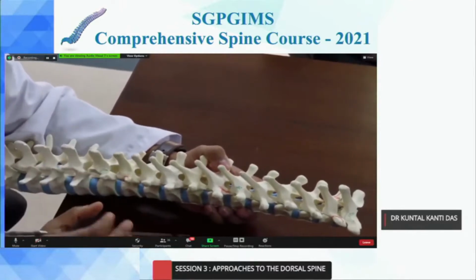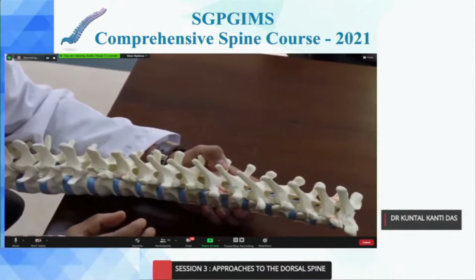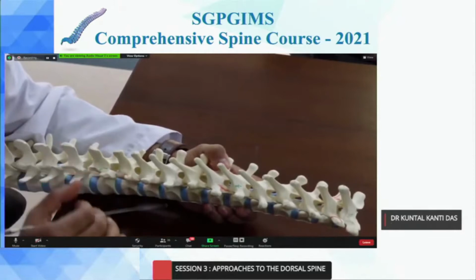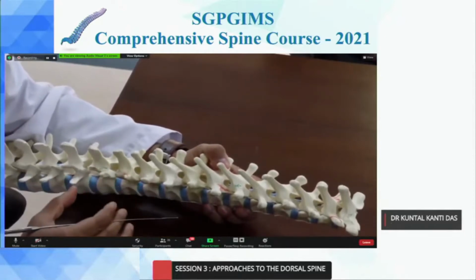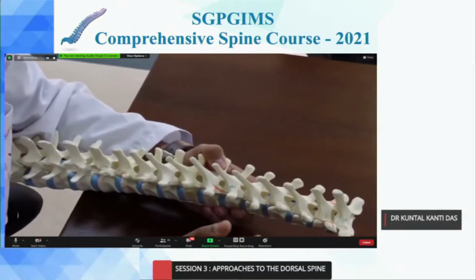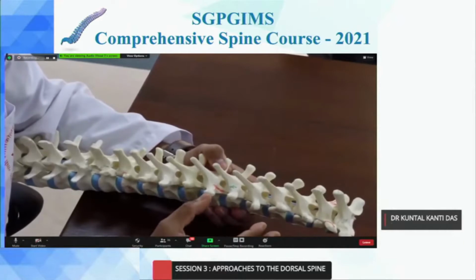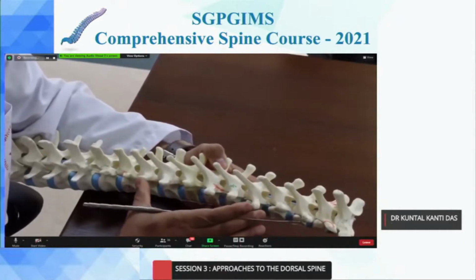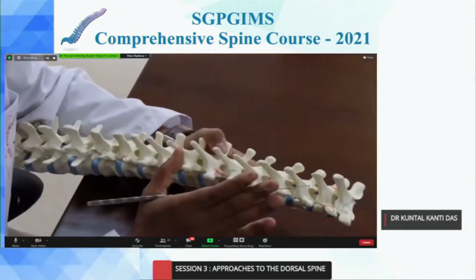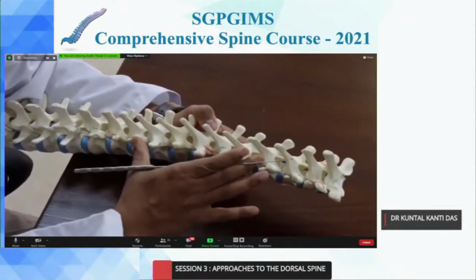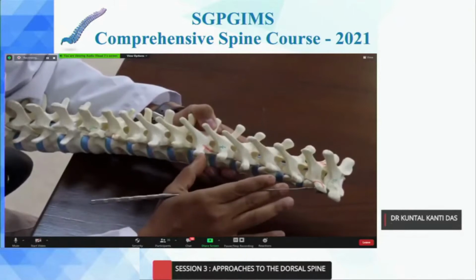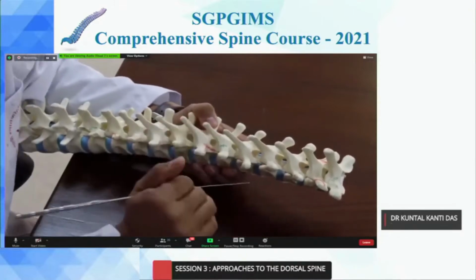And the third component is diameter of the pedicle. The diameter of the pedicle is thickest at the level of T10, T11 and T12, which is known as the lower dorsal spine. It is almost similar to the lumbar spine. On the other hand, in the upper dorsal spine, that is from T1 to T3 or sometimes T4, it is next thickest. And it is thinnest at the level of mid dorsal spine from T5 or T4 right up to T9. So the pedicle diameter is thinnest in the mid dorsal segment, it is thickest in the lower dorsal segment, and it is probably intermediate in the upper segment. So this information is important for you to know.